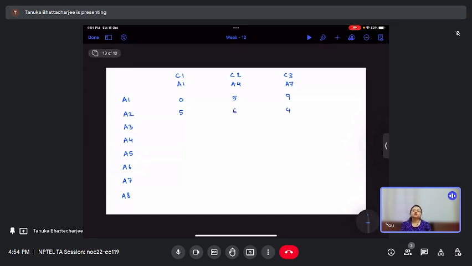Similarly, according to the distance function given to you, you will have to compute all the distances for all the points from the 3 cluster centers. So, if we complete this table, then we will get